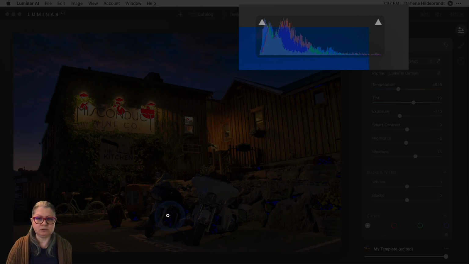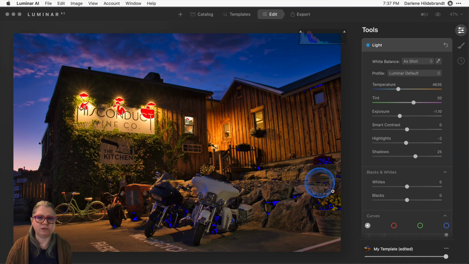Anything that is a blue marker shows black with no detail. So generally with highlights, you want to make sure that you've got detail everywhere. But if you have a light source like this, a light bulb or a sun or something like that, it's okay to clip the light source itself because you wouldn't expect the sun to have any detail.